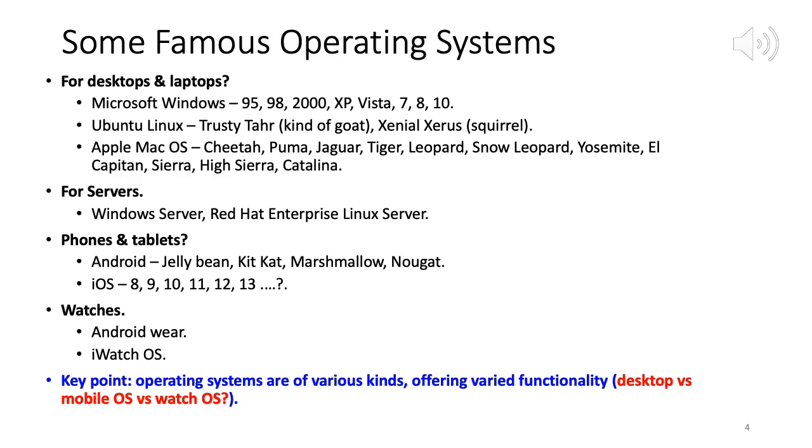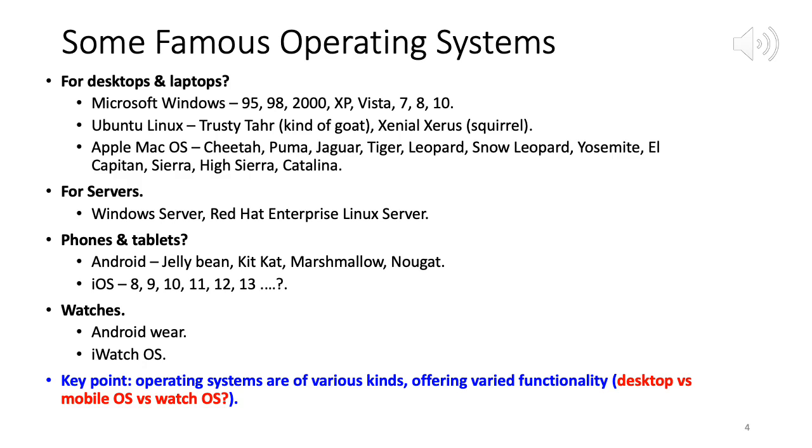So I think you can go online and see. Right. And then for iOS, they are simple numerics: 8, 9, 10, 11, 12. And I think the latest one is 13. Right. So likewise, now you even have operating systems for smartwatches. You got Android Wear and watchOS.